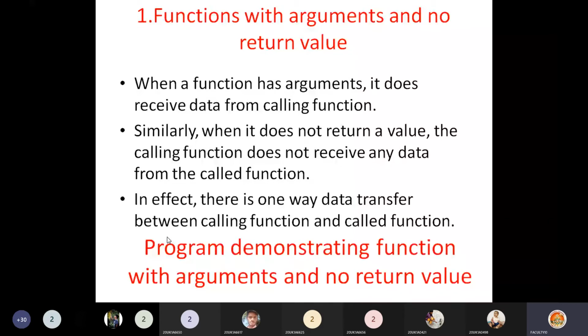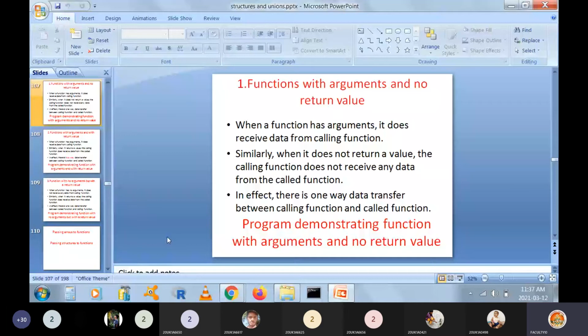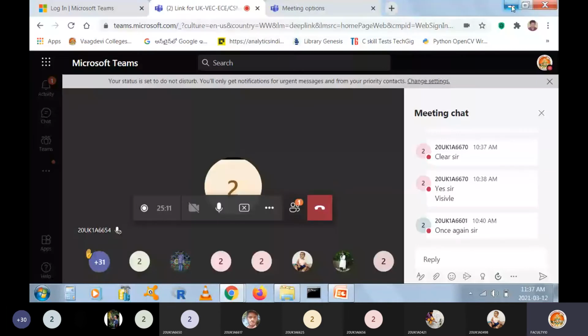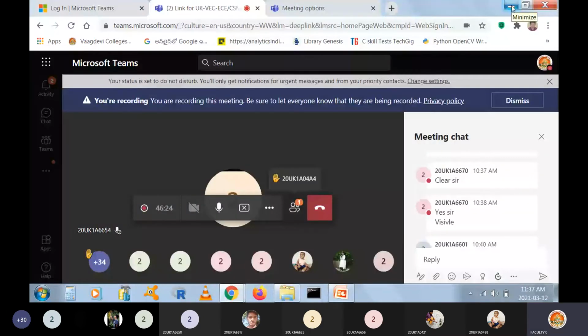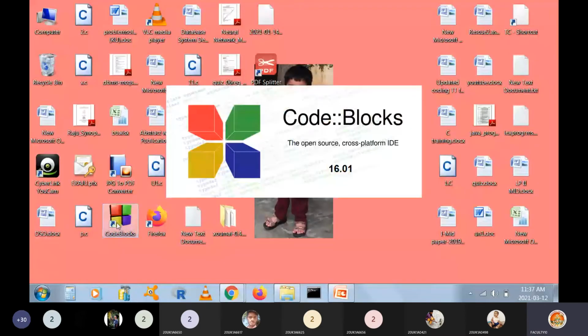Program demonstrating function with arguments and no return value. Now we write a simple program which demonstrates function with arguments and no return value. A simple program I'll demonstrate for such category here. So let us go back to code blocks.